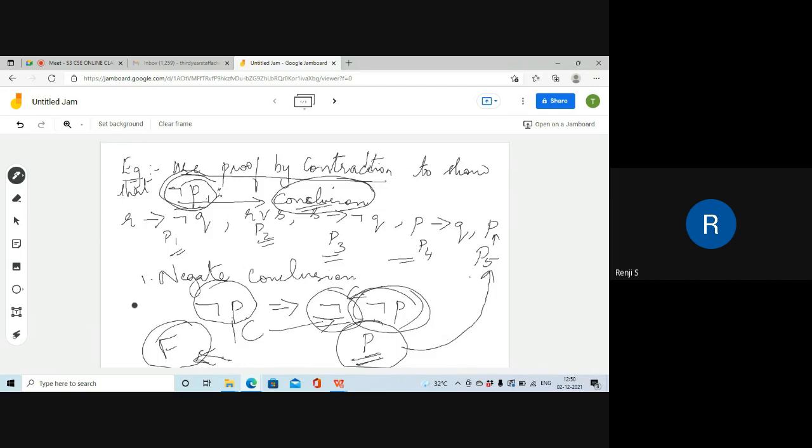Initially you had negated the conclusion, and after negation you got false. You are proving that it is false, which means if you reach false, then you can say that not C is false, so C is true. So what is given? The C is here, not P is true. This is the method of proof.